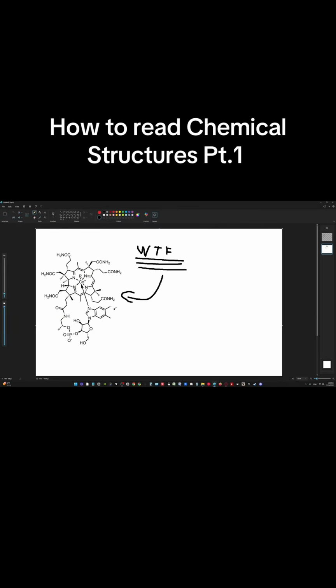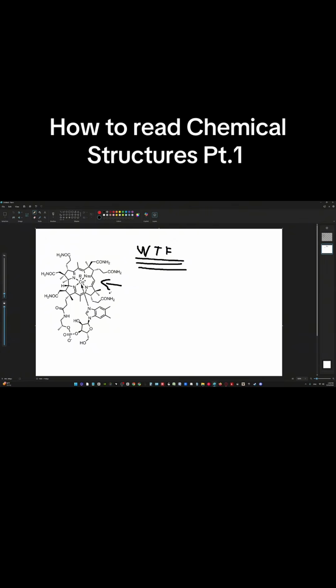What the absolute fuck is this chemical? What are these lines? What is this chemical? What the fuck are these different types of circles? How am I supposed to understand what this chemical is? Well, don't panic. Today, I'm going to teach you how to read these lines and understand how these chemical bonds